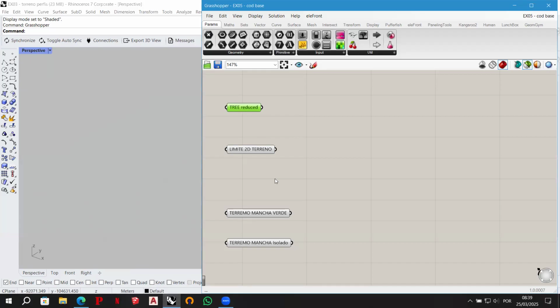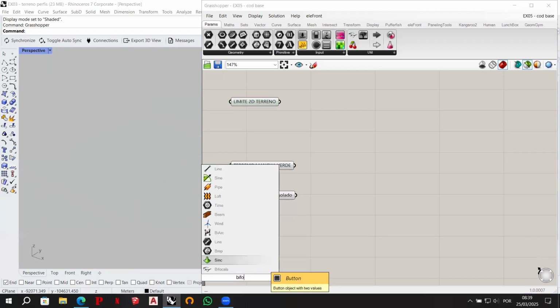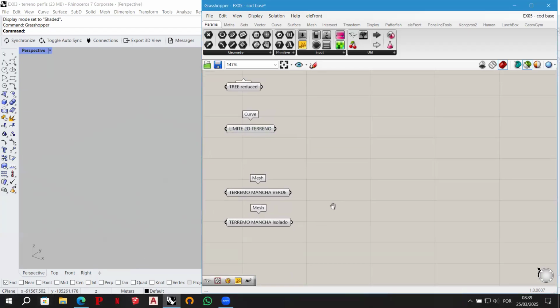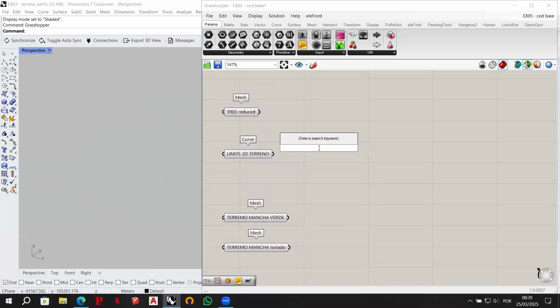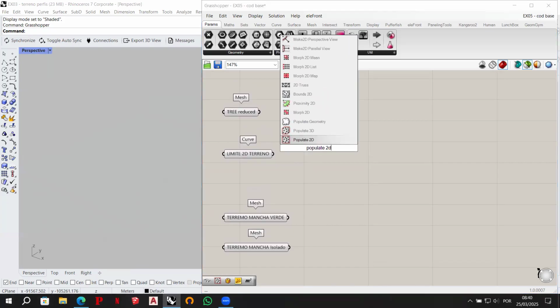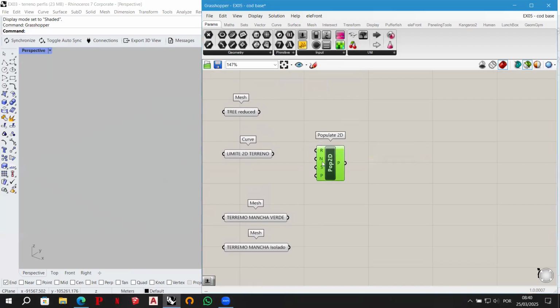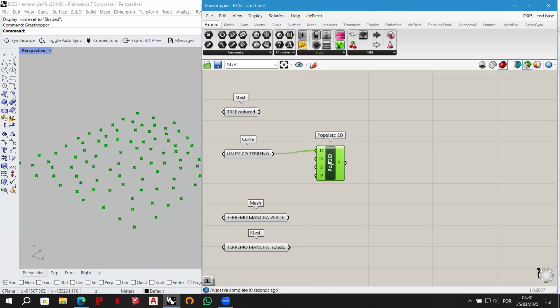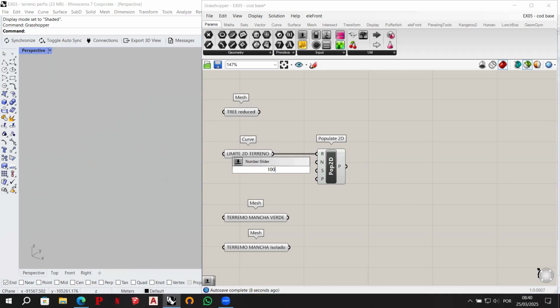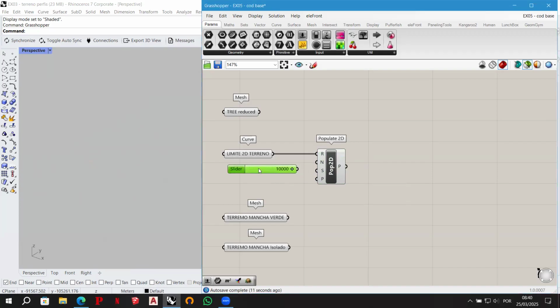So the first thing that we are going to do is to populate the square, like I said. So as we did on the first exercise, we're going to do a populate 2D. We're going to connect this region, and we're going to give it a number of points to work. So in this case, for the number of points, we're going to start with 10,000. So we'll have a lot of trees